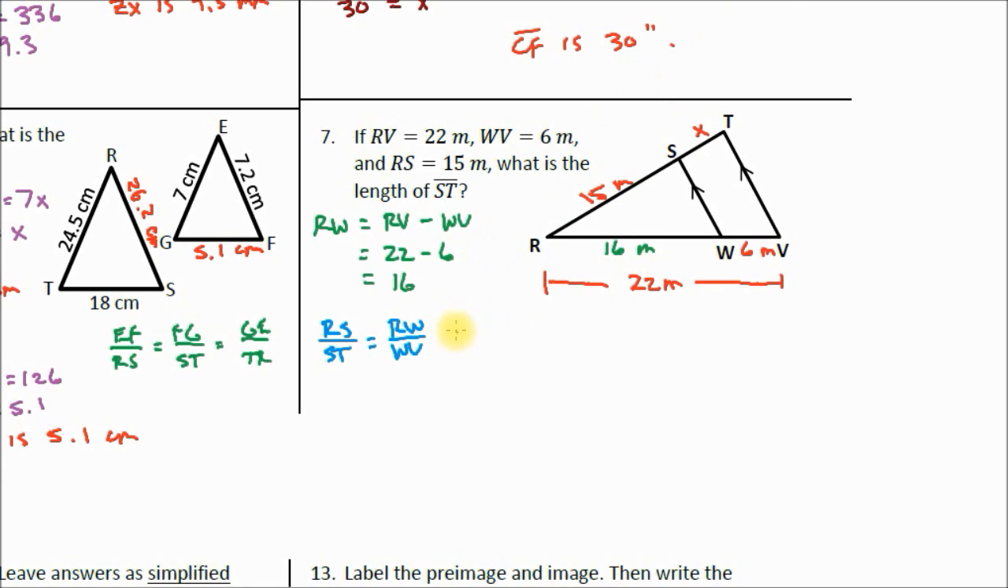Alright, let's plug in our numbers. RS is 15. ST is our unknown. RW is 16. WV is 6. Let's go ahead and cross multiply. 15 times 6 is 90. And x times 16 is 16x. Divide both sides by 16. And we're going to get an approximate answer here. It's approximately